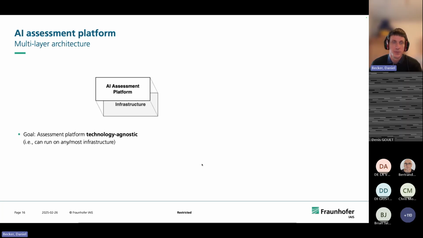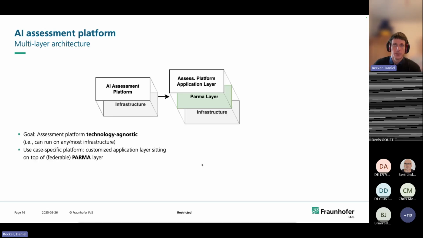So the goal is for the assessment platform to be technology agnostic, meaning that it can run on any or most infrastructure that you can find. This is why we didn't specify any particular way of implementing it with the Parma layer.